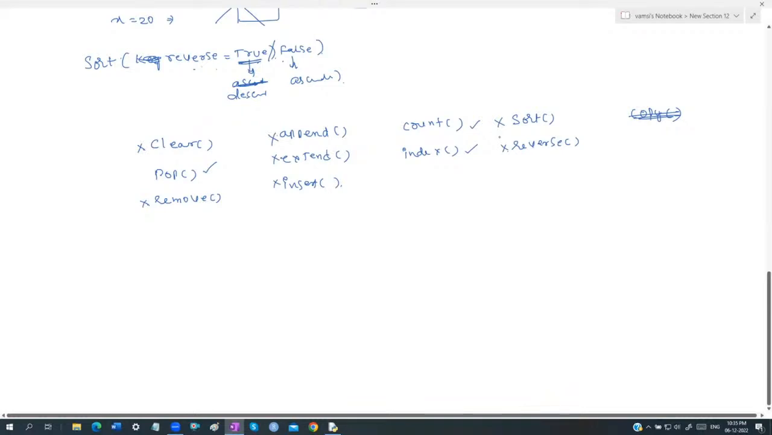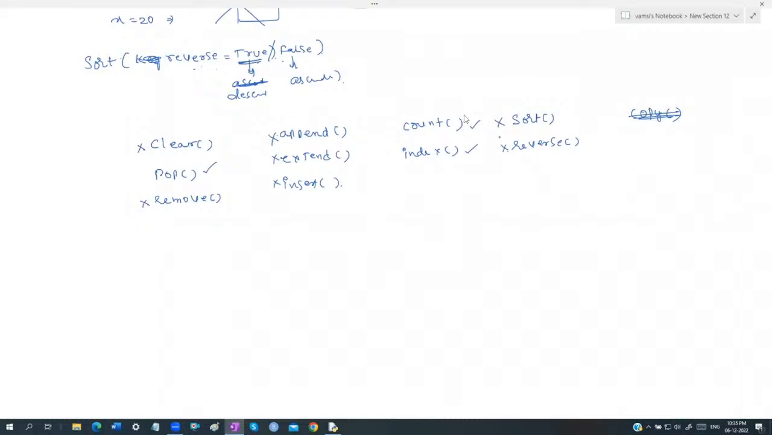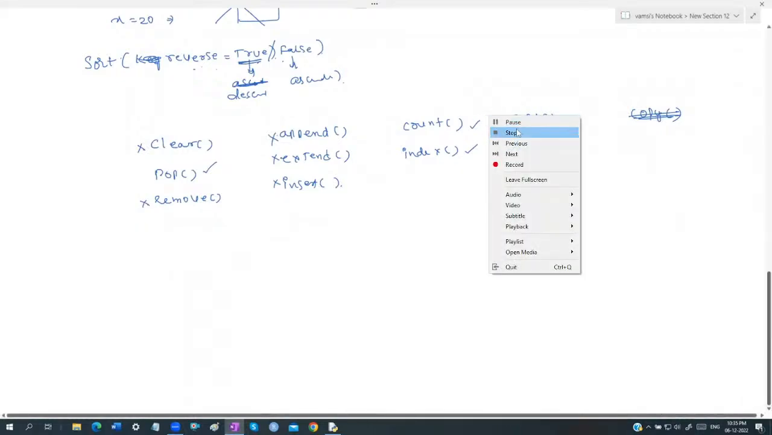But if you want to see whether they are cleared or appended or reversed, we have to see the object and conclude that yes, it is reversed, it is sorted, it is appended, it is extended, it is inserted, it is cleared, and it is removed. But pop is